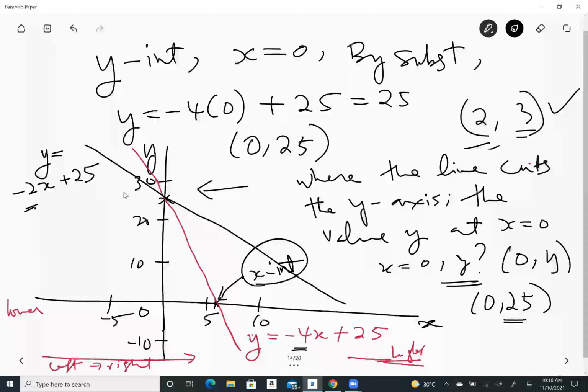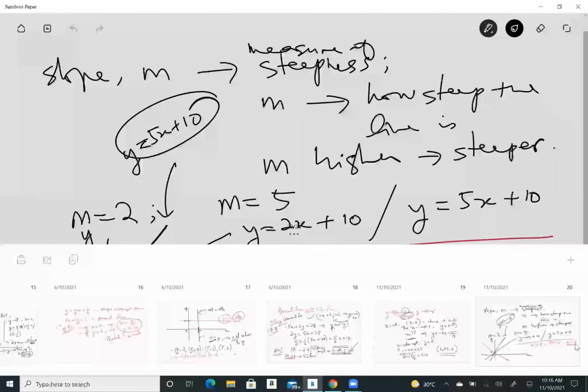So, of course, you know it's already going downward. We know already how the line looks. But in terms of the steepness, you take out the negative sign. So in other words, the one with the slope -4 would be steeper. In terms of value, that -4 would be smaller than -2. So if the slope is negative,